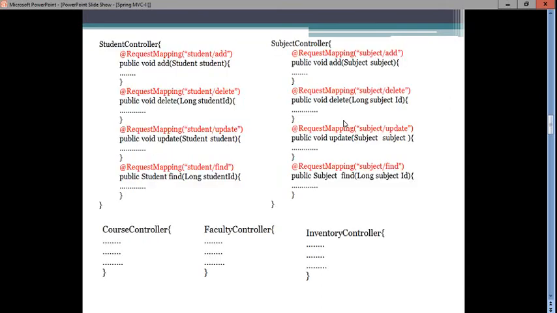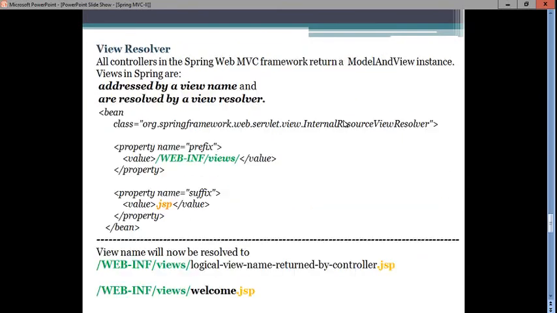Okay, now as we have mentioned earlier, this view resolver is implemented in the form of a bean, and we have also discussed this here. Now we have to create one bean, and the bean class will be the internal resource view resolver. This will be the view resolver which we have to configure. Like we have configured the dispatcher servlet, now we are configuring the internal resource view resolver, which has two properties. One property name is prefix and the other property name is suffix.